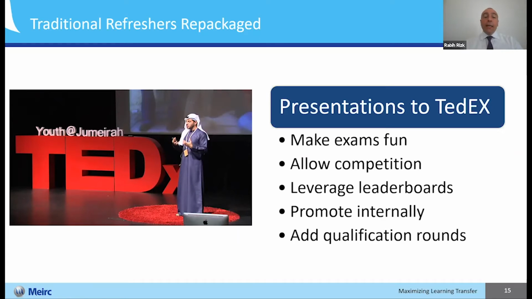Why not make out of this a platform for presentations? Why not do something like TEDx or Toastmasters, where once a month you choose